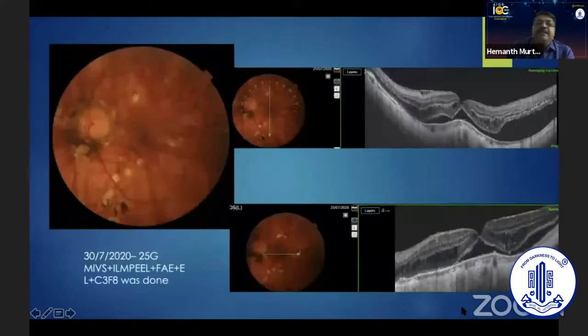The other eye, the left eye, which had the symptoms, showed a dome-shaped macula similar to what is there in the right eye, but you could see a macular hole and there was fluid in the entire inferior quadrant. And the OCT showed a small macular hole and subfoveal fluid. And we assumed that, yes, there is a macular hole retinal detachment at this stage. And we took her up for